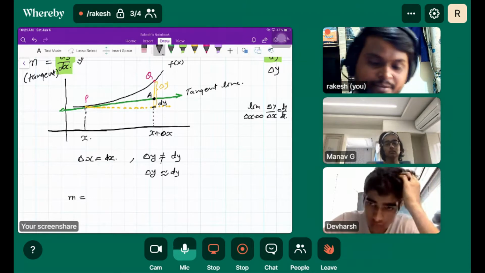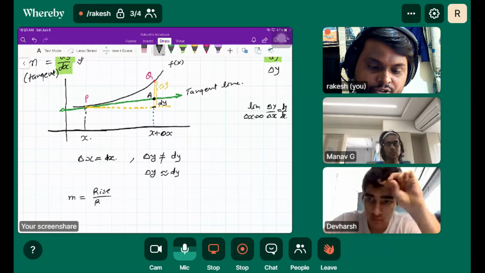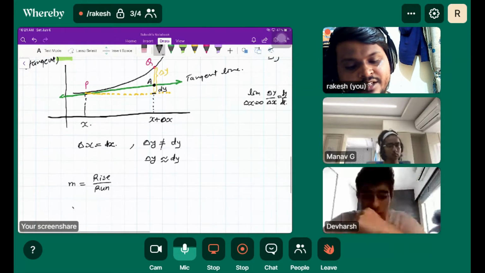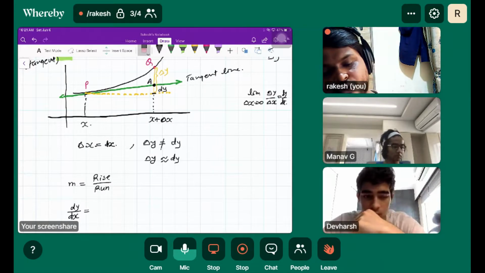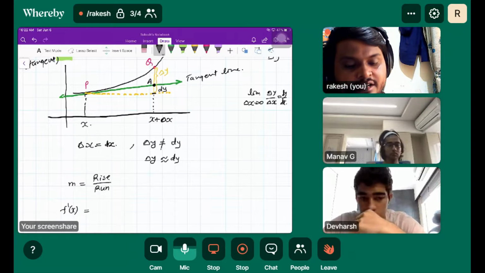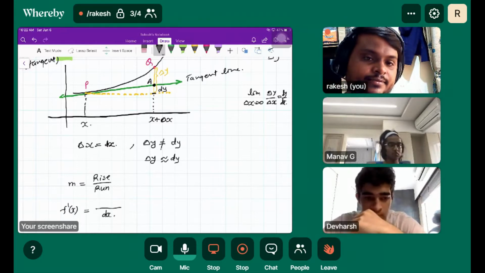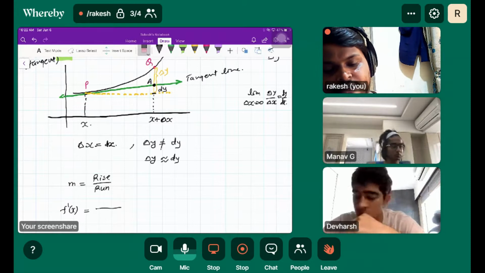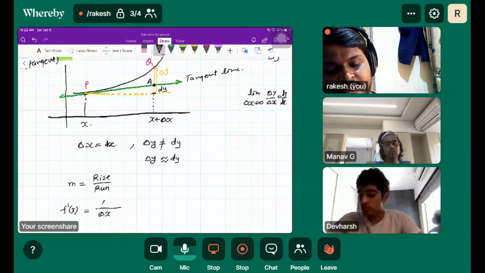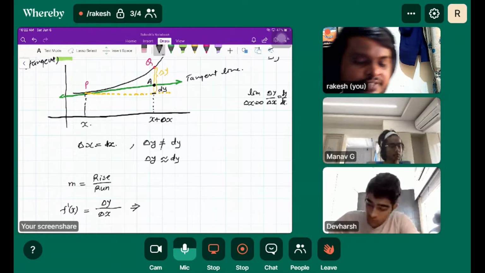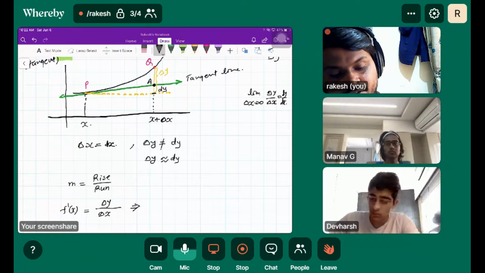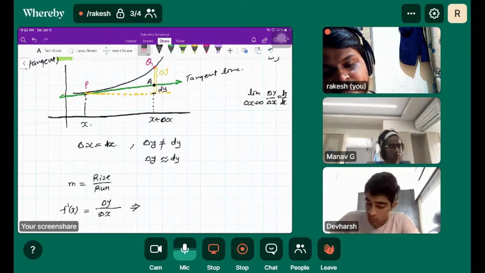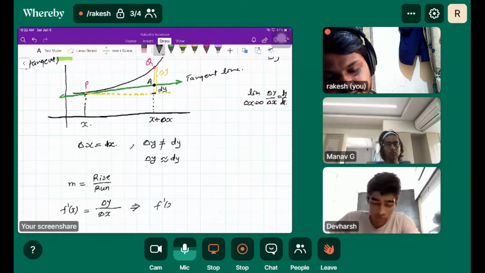So what we do basically, m is equal to rise upon run, and we know m is dy by dx. Slope is the derivative, slope is f dash x of the function. And what is run? Run is the same everywhere, which is dx. Let me write one by one. So del y upon del x equals del y upon del x. Now we know that del x is the same everywhere, so f dash x is equal to